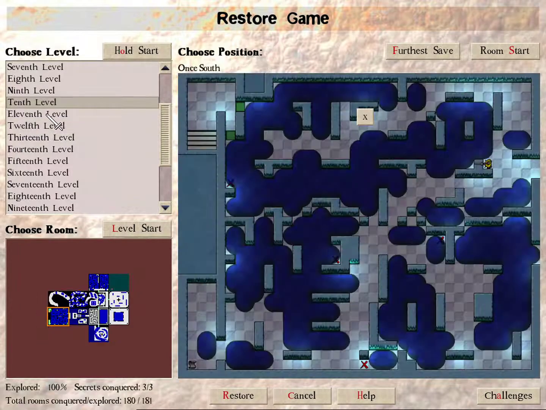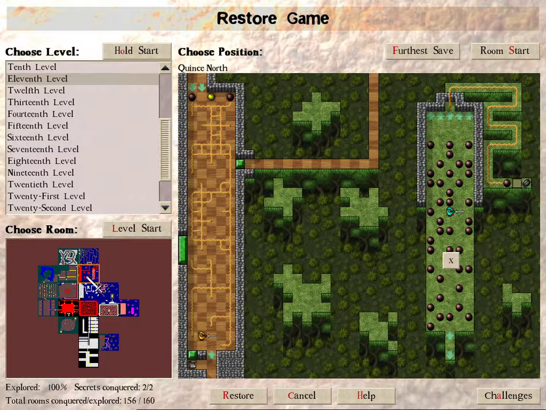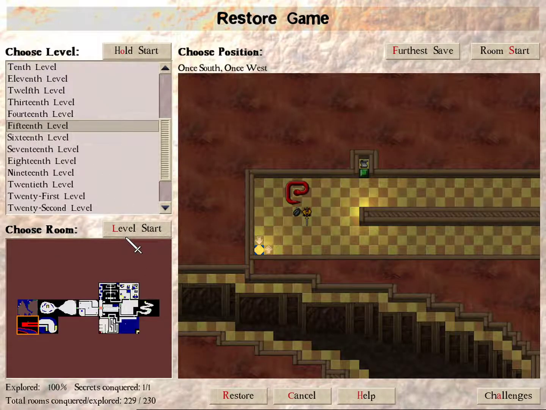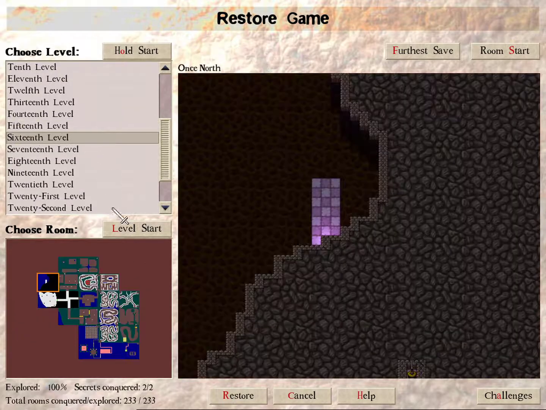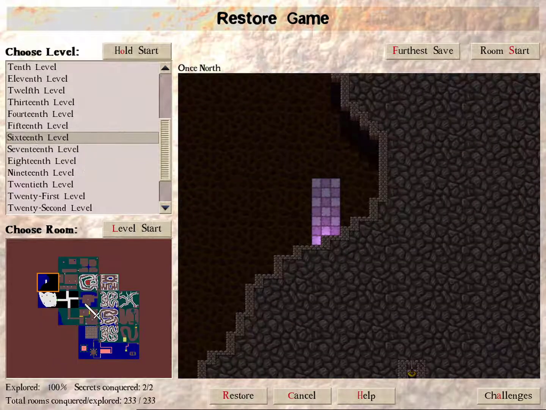It felt like in a lot of levels it was hard to navigate, and although strictly speaking the levels weren't linear, you kind of ended up doing them in a linear fashion, just because, like, in the 16th level here,